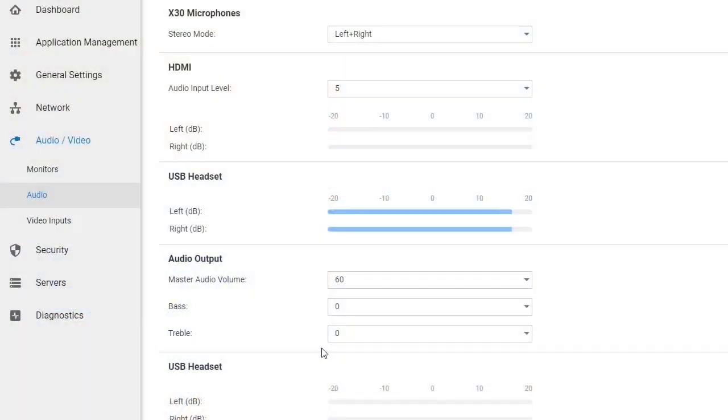Now that my USB headset is connected to the X family or G7500 and I have made sure to check Enable USB Audio on the web interface, I'm able to go into the Web Diagnostics or into the on-screen UI to check the audio diagnostics to make sure that my USB headset is working properly. That's all there is to it.